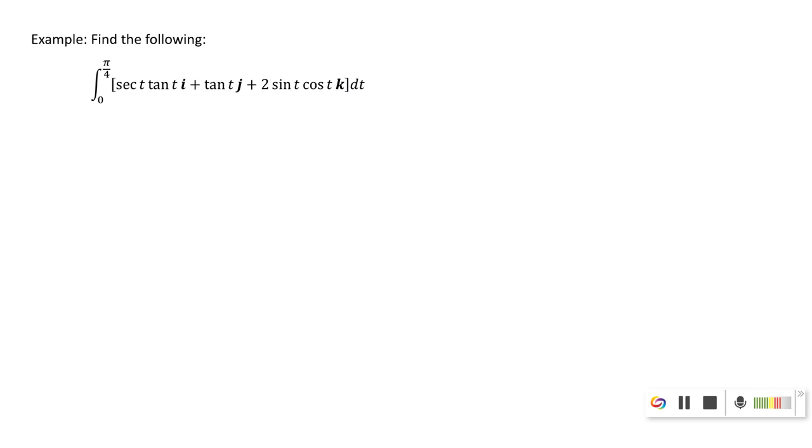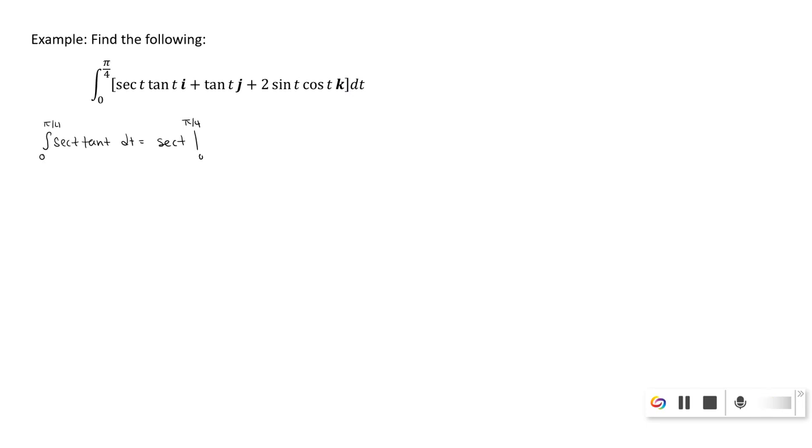All right, let's finish by finding a definite integral. So we can also find definite integrals of vector valued functions. And same process, we integrate each component function individually. And those answers give us the components of our final answer. So we're going to start by finding the antiderivative of the first component